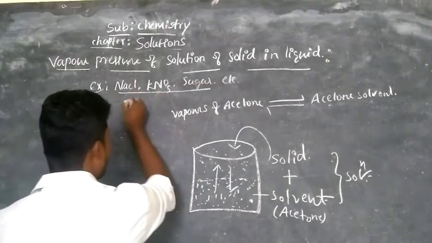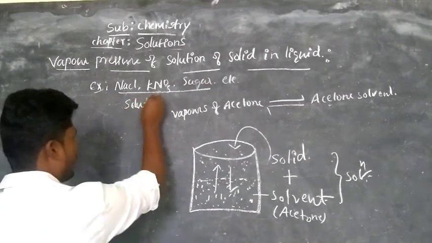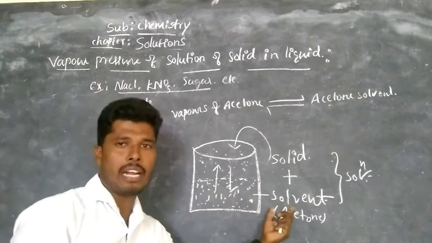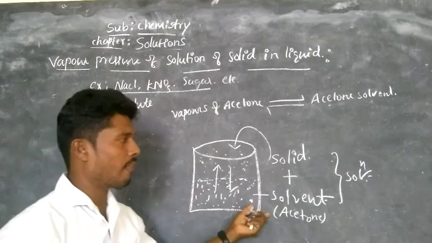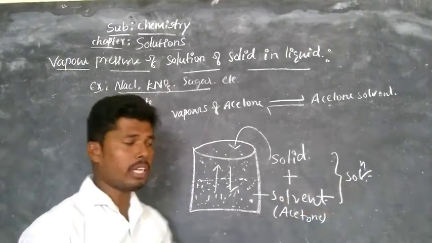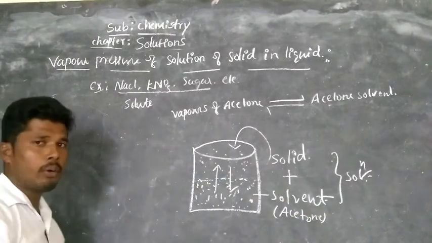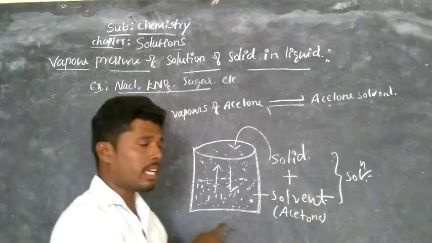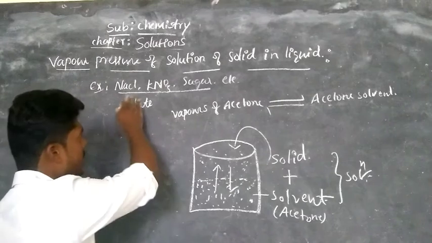So these are called what? Solute particles. This solute is added to the solvent. You get solution. By adding this solute, the vapor pressure of the solvent decreases because some of the solvent